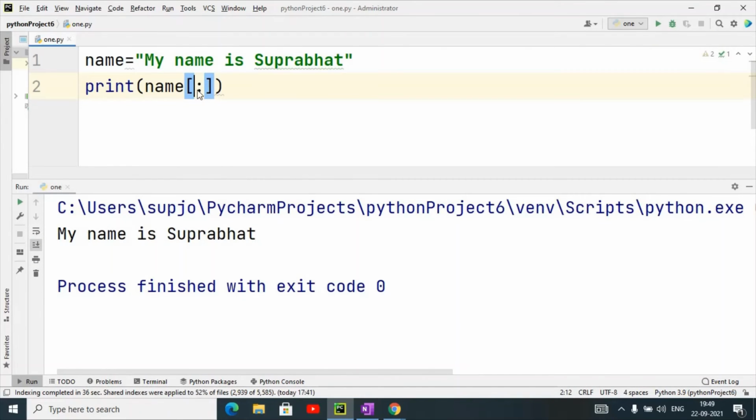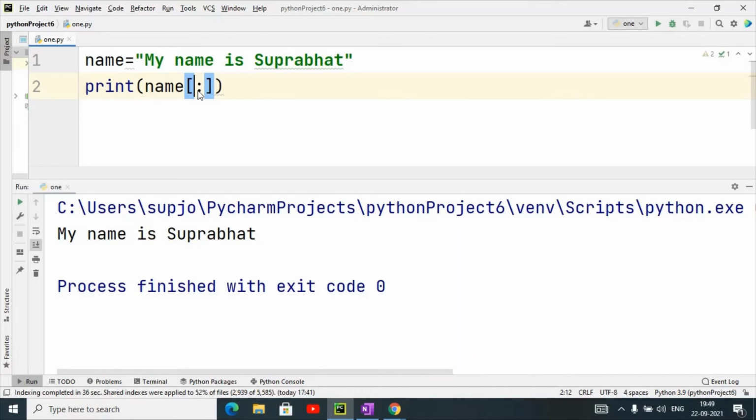So this is the slice operator that we use in strings, very important, because in string manipulation, when we have a large string and we have to work on a particular part of it, we use this special slice operator to take some part of a given string.